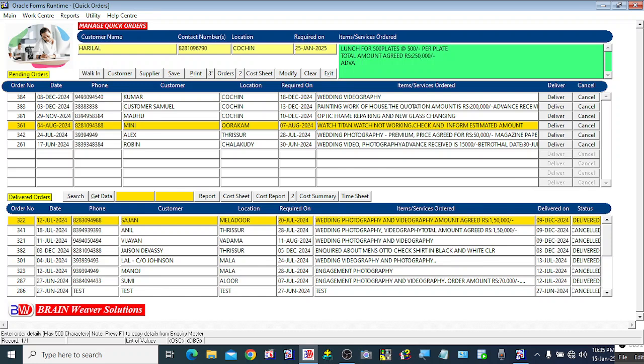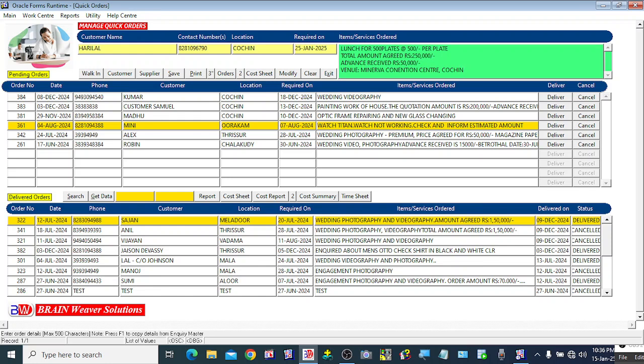Advance received rupees 50,000. Venue Minerva Convention Center,